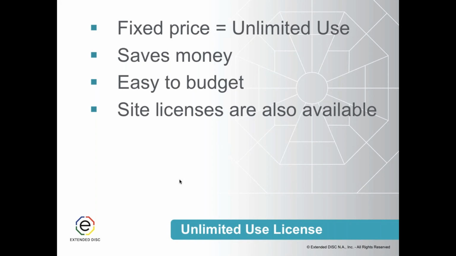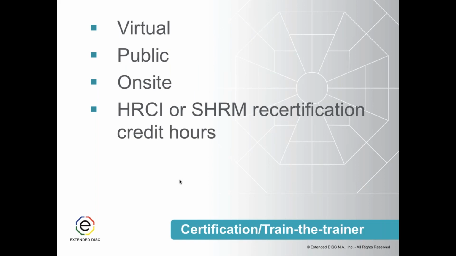And what it really allows a client to do is two things. One is important: they save money, so they can typically have a fixed budget that they need to allocate to different training initiatives, and now they have those funds available for something else. But second, it's very predictable. You know exactly how much you're going to spend. And of course, these licenses are tailored to a client's unique needs. A client that has 10,000 employees probably would pay more than a client that has 1,000 employees. So we work with our clients to really make them tailored to not only the organization size, but the applications of the assessments.